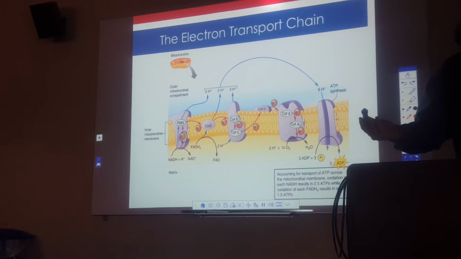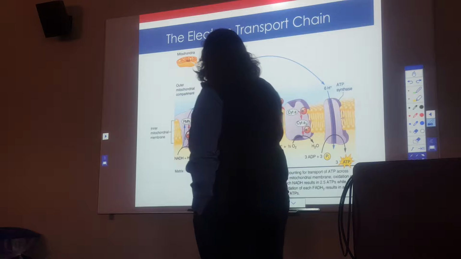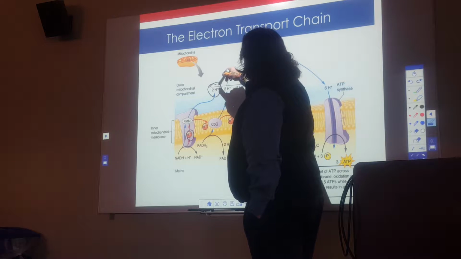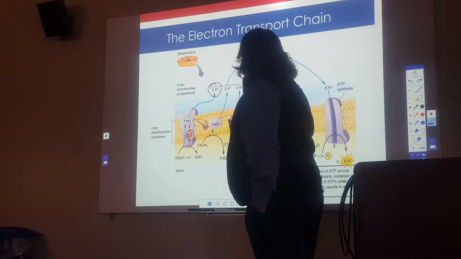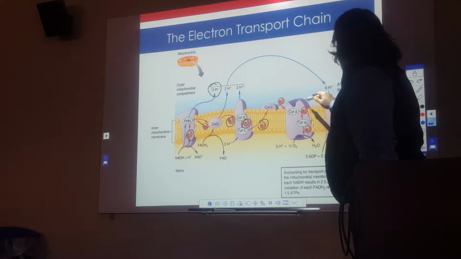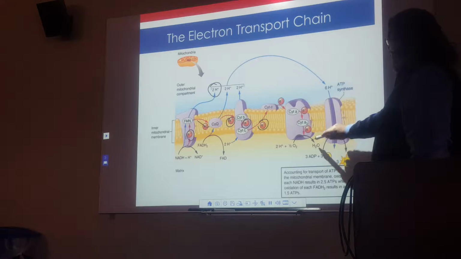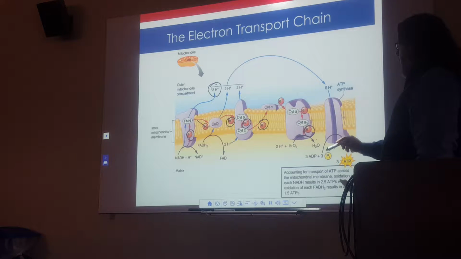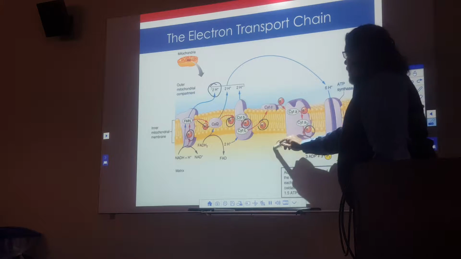What are we going to pass it with? Hydrogen. That's exactly right. So we are going to get two hydrogens that come across, and then this electron is going to be passed down these series of cytochromes or proteins that are embedded into the mitochondrial membrane until we get to this area right here. And that electron is then going to be passed back through to the matrix as hydrogen,